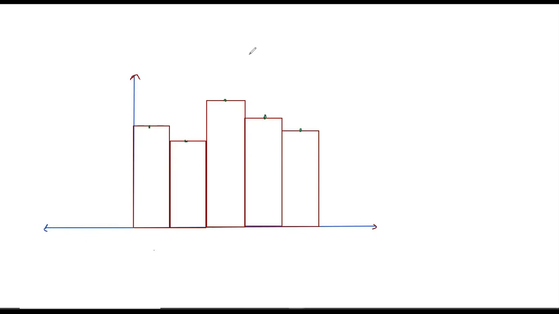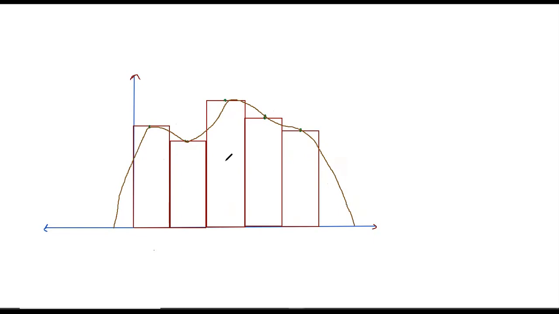Fine. Now you will be making the freehand curve. Now how is this freehand curve made? For example, this line is going to start from here because this seems to be the midpoint. It is going to be like this, and you will be taking the shape of a curve. And this is how your frequency curve is going to look.